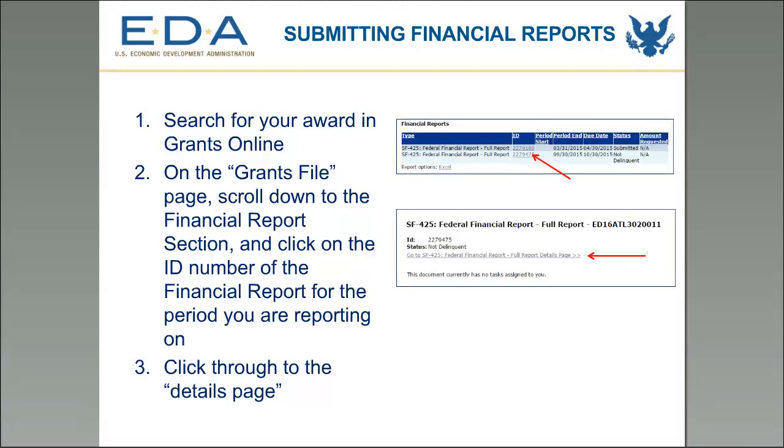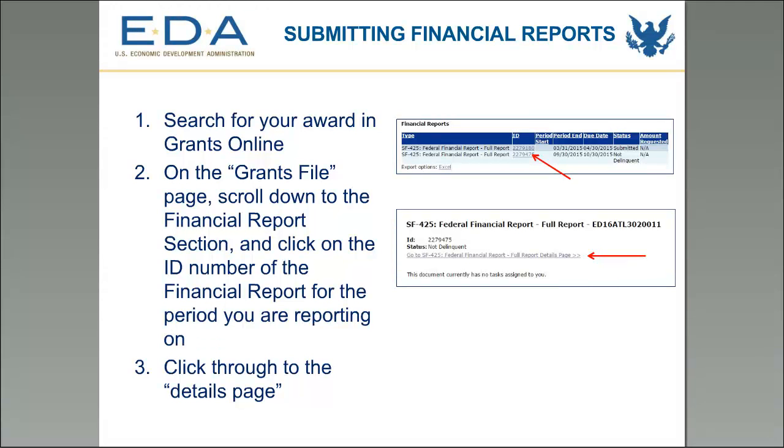Similar to progress reports, if your deadline to submit your report has not yet passed, on the status section it will show as not delinquent. If the deadline has passed, it will show as delinquent. And if you've sent it to EDA, it will show as submitted. When you click on the ID of your financial report, it will bring you first